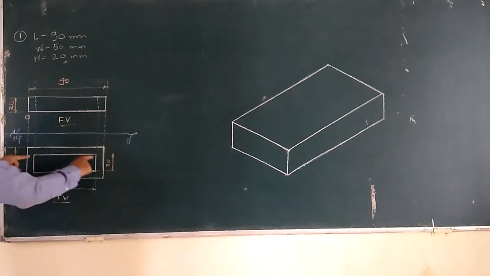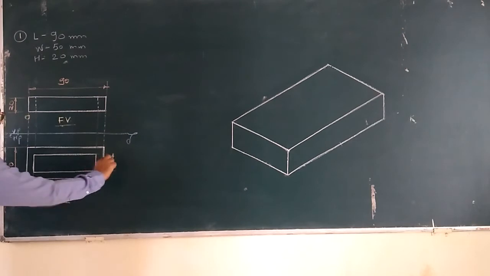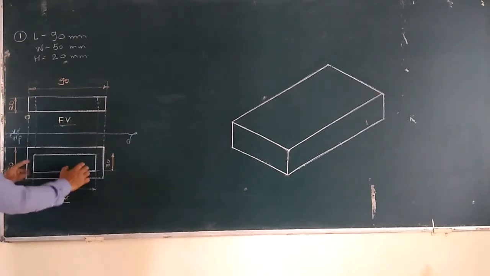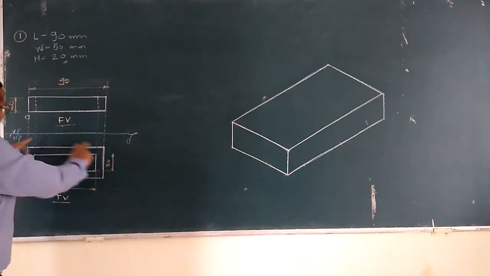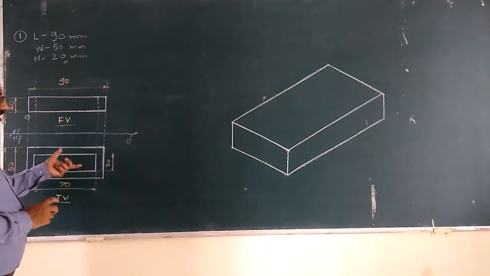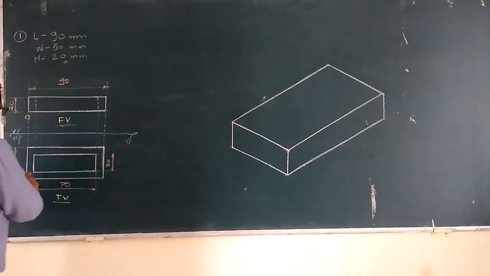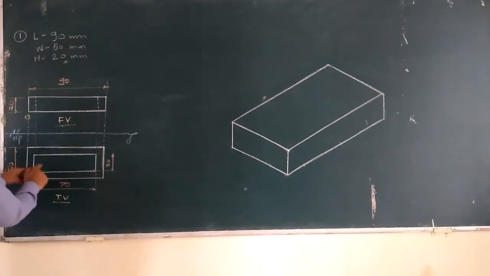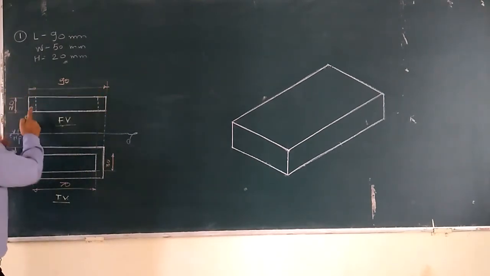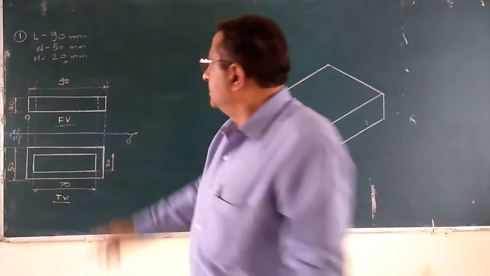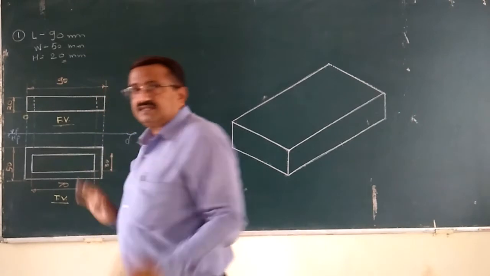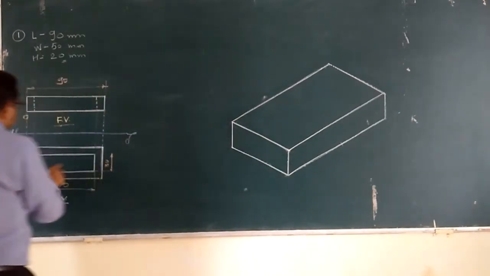Means what? This rectangular shape, this much part of 30 by 70, this much part of that object has been removed by cutting from this entire body. Okay, this much part is removed. That's why these corners are created after removing. Hollow thing is there. Corners are created. Those are not visible in front view. That's why those are shown by dashed thick lines.